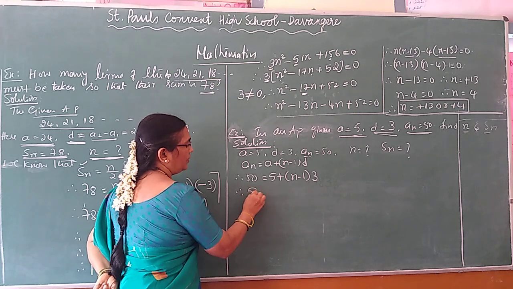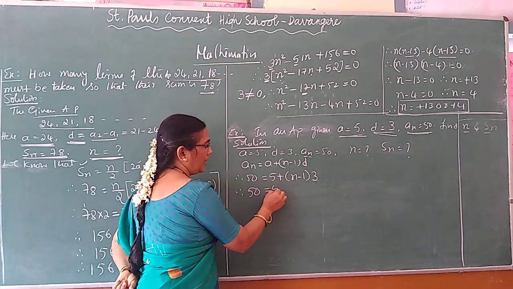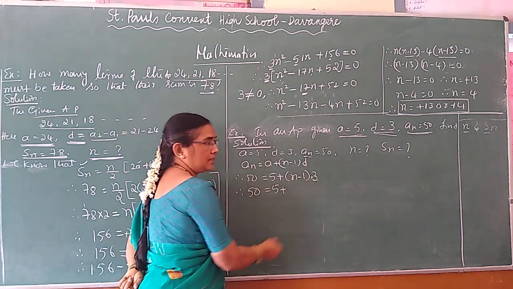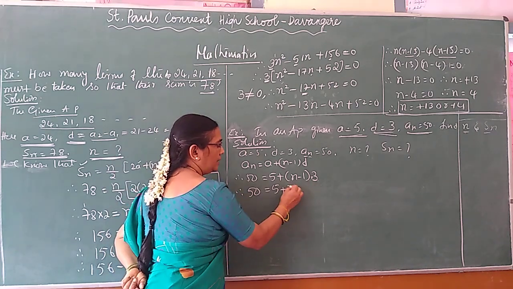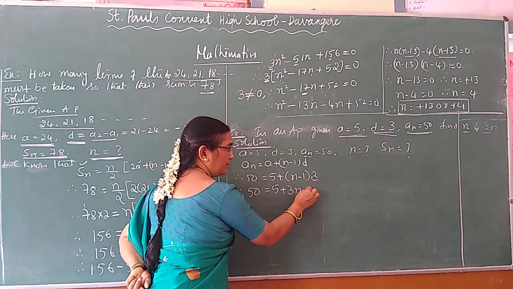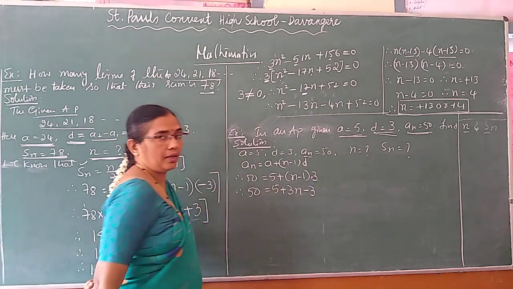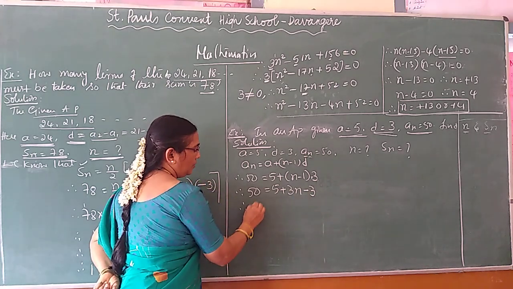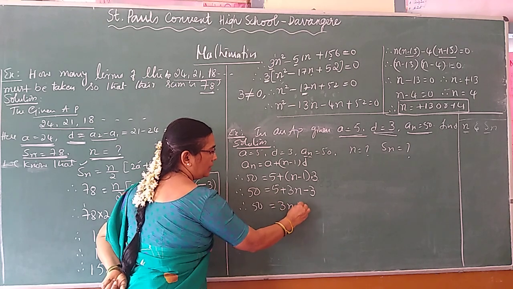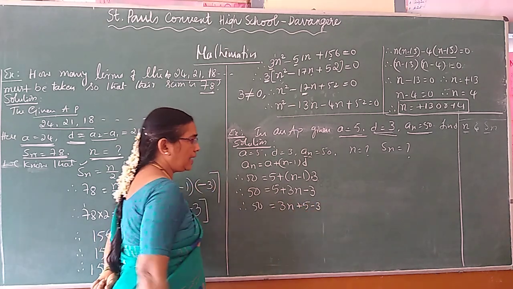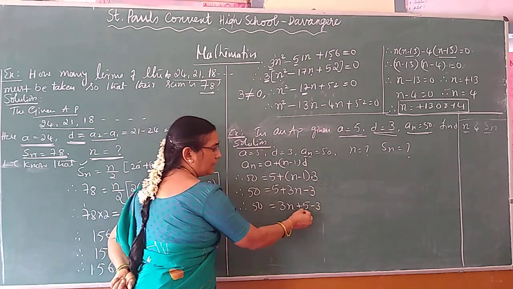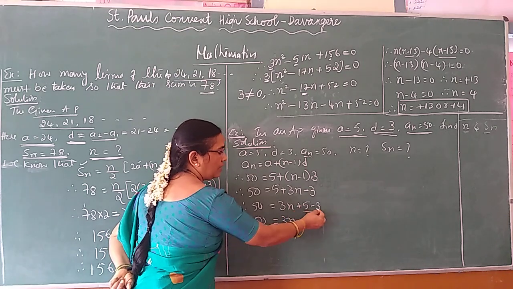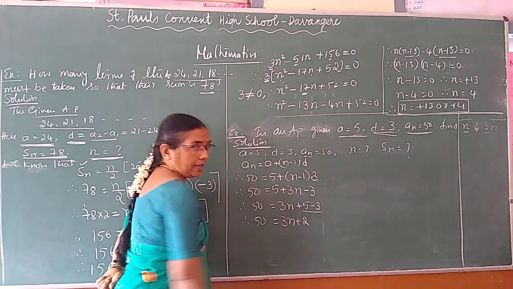Therefore, we have 50 is equal to 5, then multiply 3. Plus you write as it is because it is plus, there is no change. So 3 into n, 3n. Plus into minus, minus. 3 into 1, 3. Then take these two terms and minus it. 50 is equal to 3n plus 5 minus 3. I have arranged it; I took 5 and 3 to one side. Therefore, 50 is equal to 3n plus 5 minus 3, which gives plus 2.